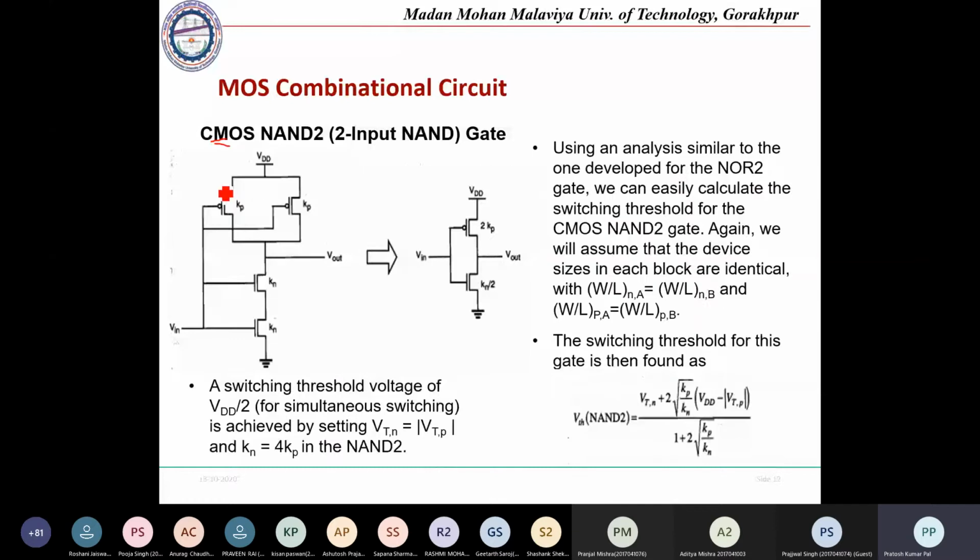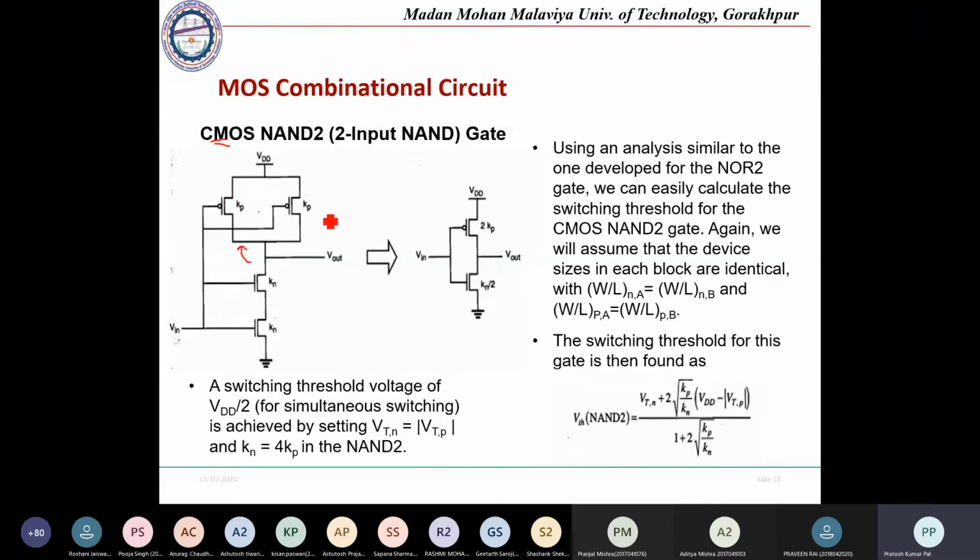So this is the circuit of a two input NAND gate using CMOS implementation. To implement the NAND gate, first we take the pull down network. The pull down network will have two NMOS transistors connected in series. Similarly, its dual, the PMOS transistors, will be connected in parallel. All the inputs will be connected to input 1 and 2. It has a single input because we are going to convert it into an equivalent inverter, so all the input terminals will be connected to V input.